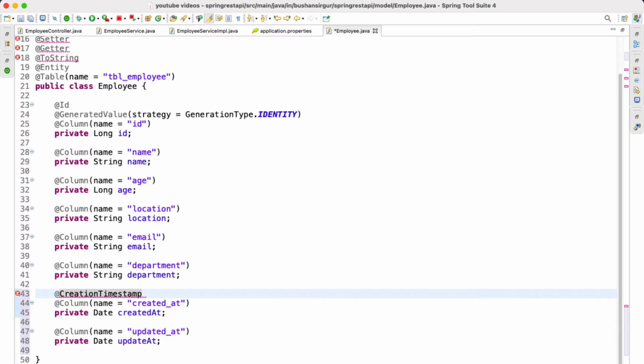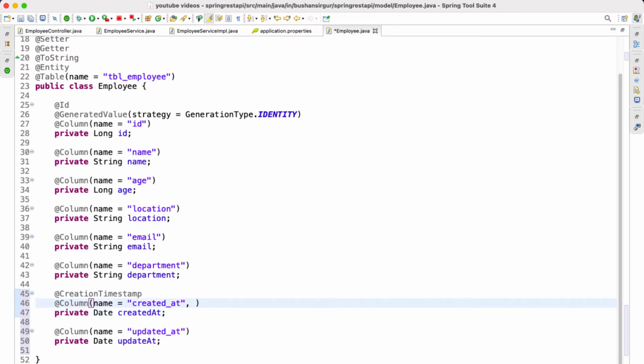Let's import this, and we are going to provide a few properties, which is nullable. I think this is only for CreationTimestamp, and we need to provide the options to the Column annotation. Yes, it's nullable, and I'll set this to false, and updatable, I'll set this to false.